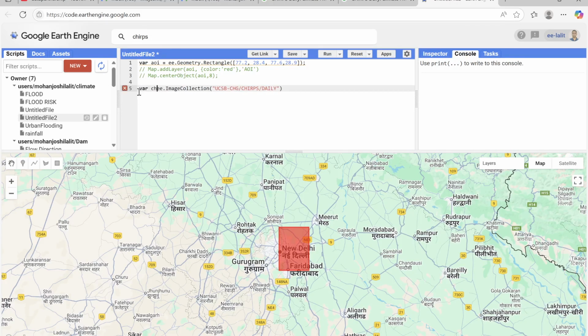CHIRPS equal to this one. So now what do we need this data for? Our study, and it is AY. Since we have AY as our study area, then for which date? So we can write filter date is something,